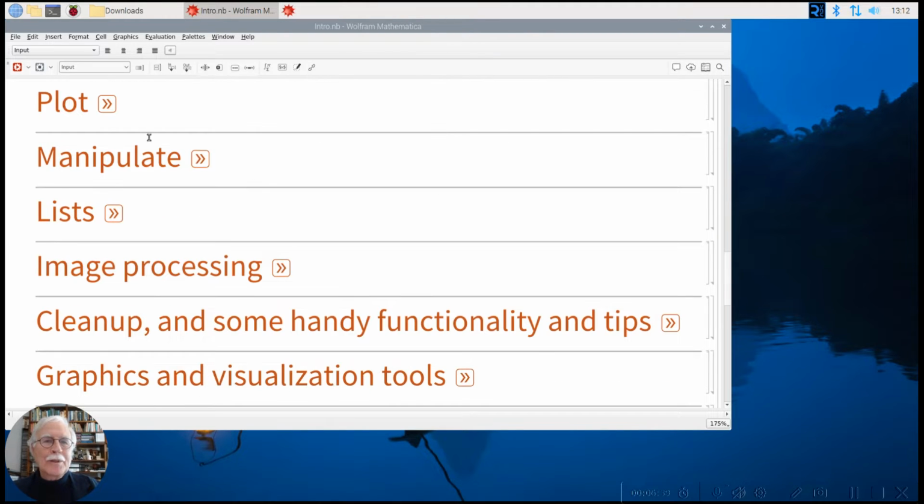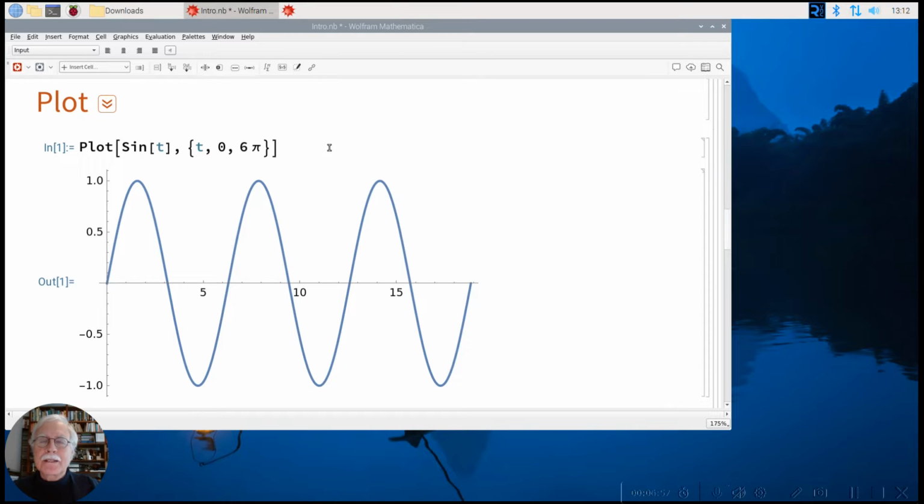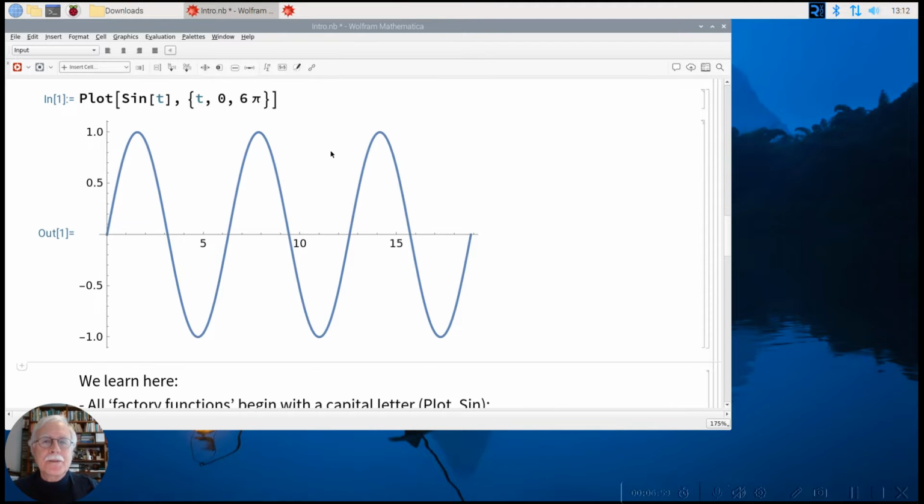Okay, let's have a look at the first action. Here we see the plot command. Plot the function sine of t for t running from 0 to 6 pi. We see a couple of things. Let's first do it, and we press Shift Return. First time it takes a little longer because the kernel has to be loaded, and you see a beautiful plot